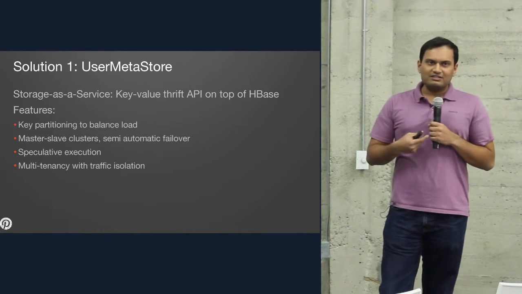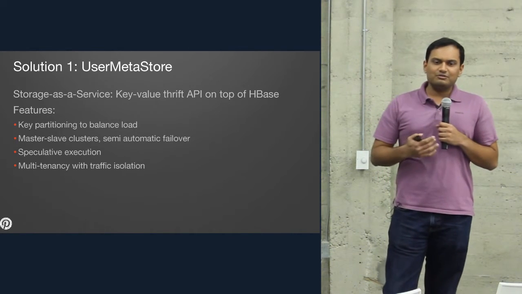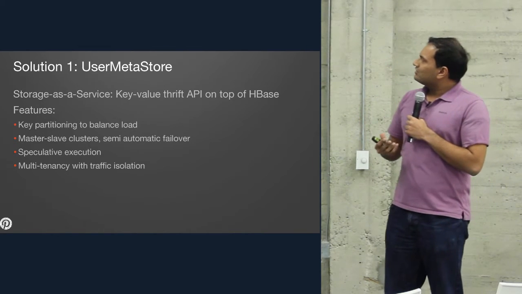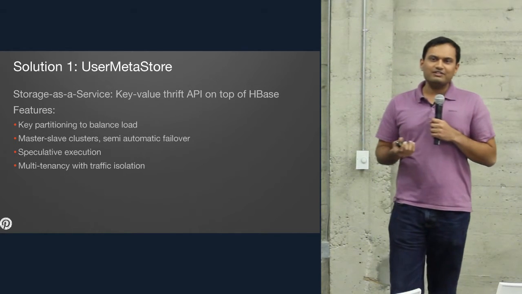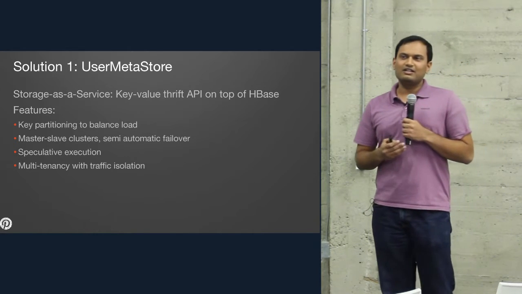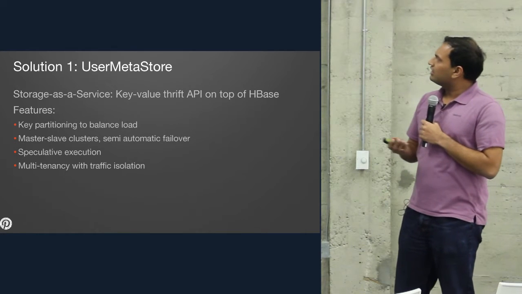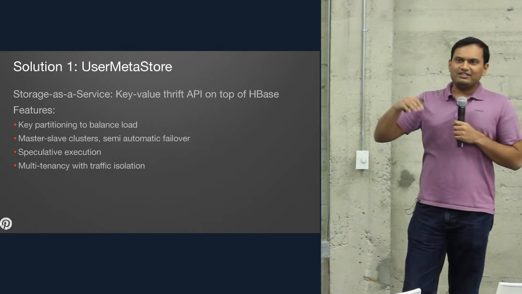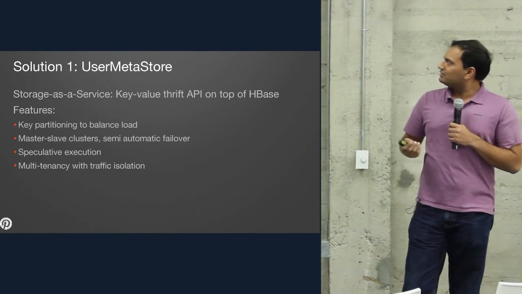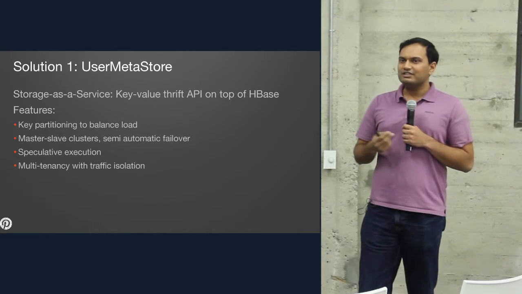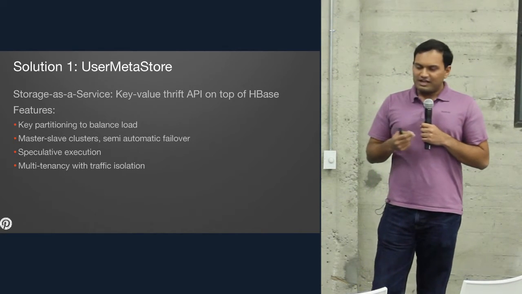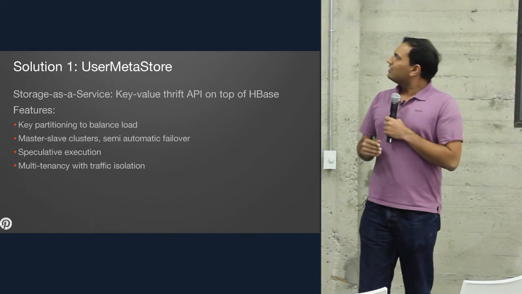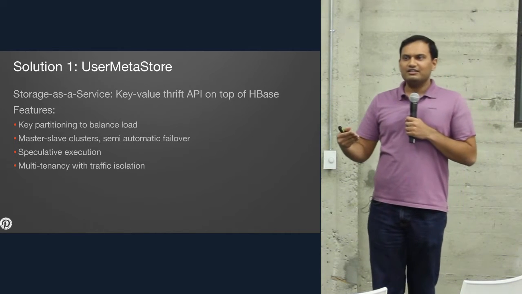So the first solution that we did to take some of this burden away from our product engineers was, I think, pretty common in the industry, which is this notion of storage as a service. Amazon offers some of this as well on AWS. The idea is to offer some kind of an API, like we use Thrift as an RPC protocol within Pinterest. So rather than deal with the database directly, you deal with an abstraction layer on top of the database,